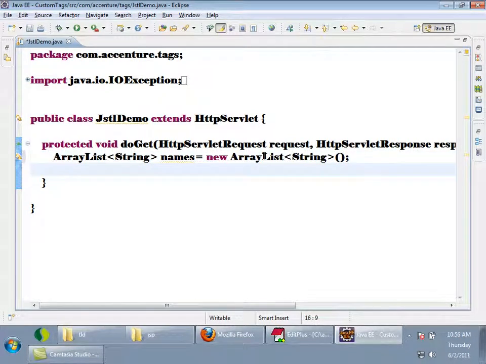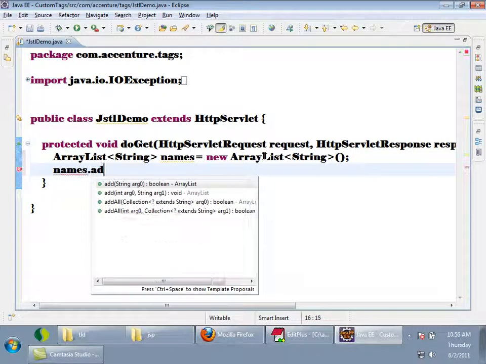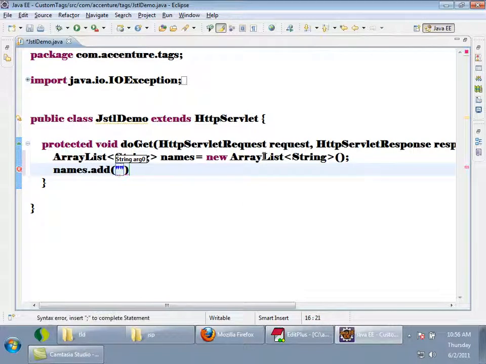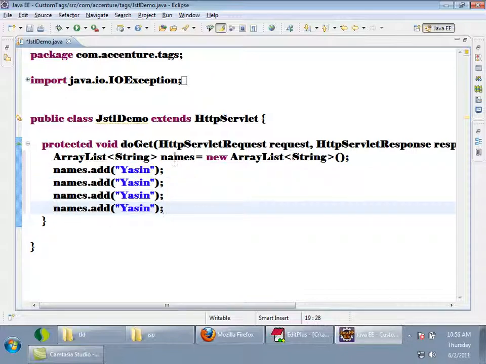Then I'll add some names to it. names.add. Then next, Varun, Ramesh, Suresh. Who is Suresh? Okay. So I am keeping all these names inside a list.